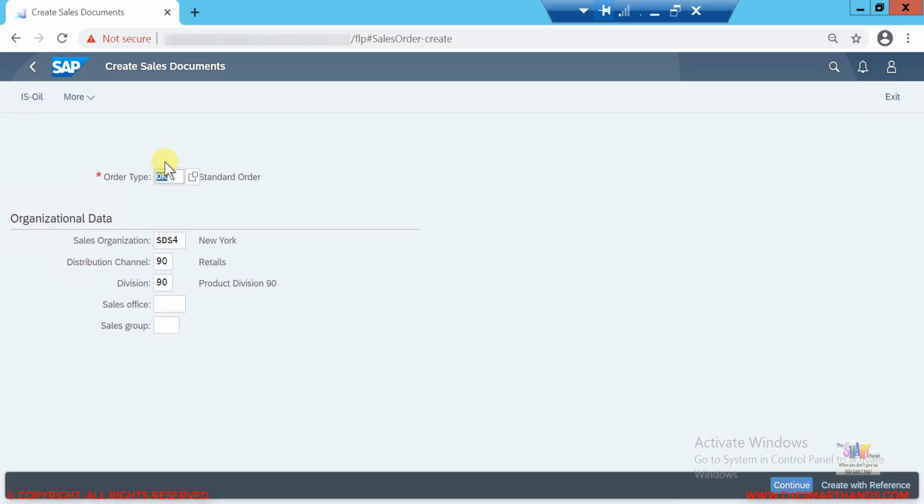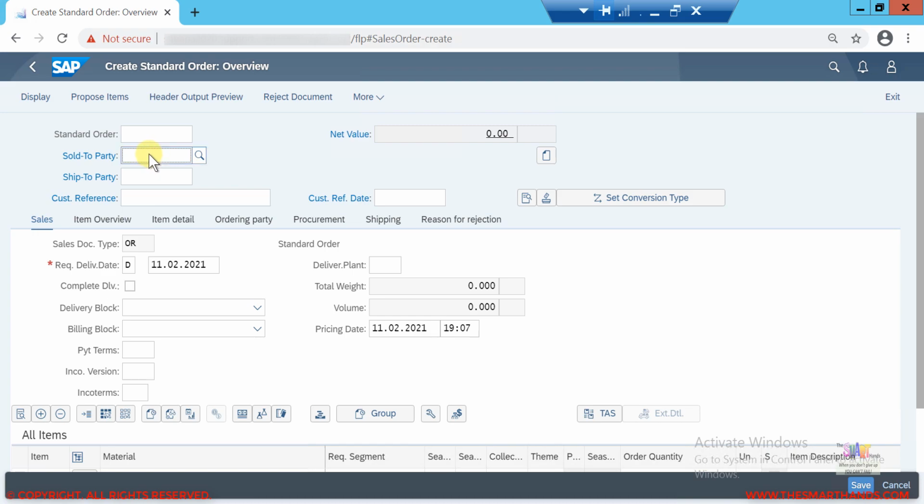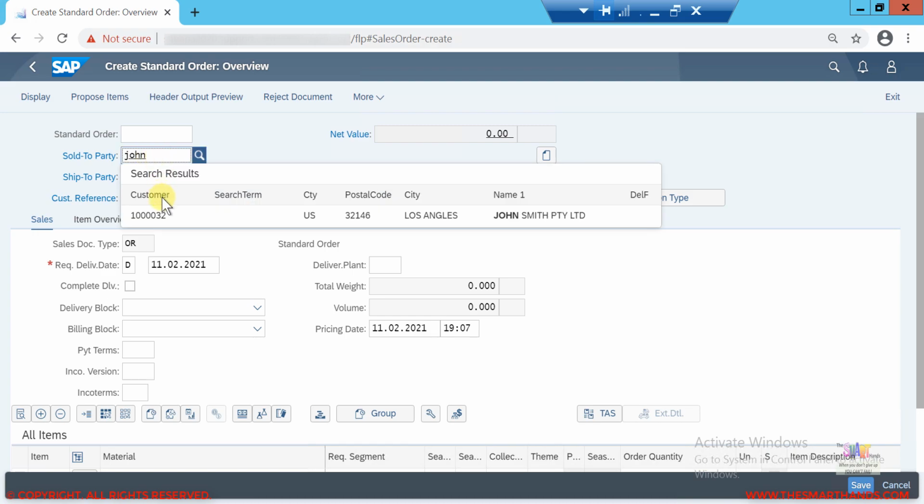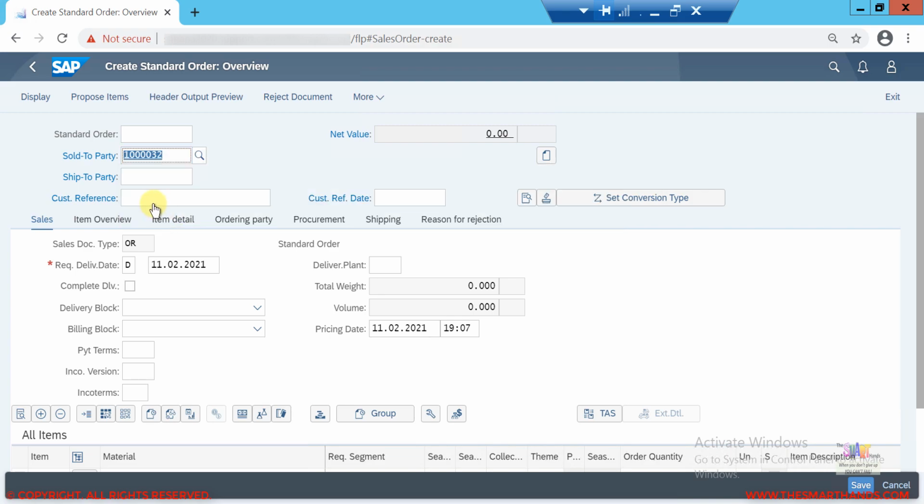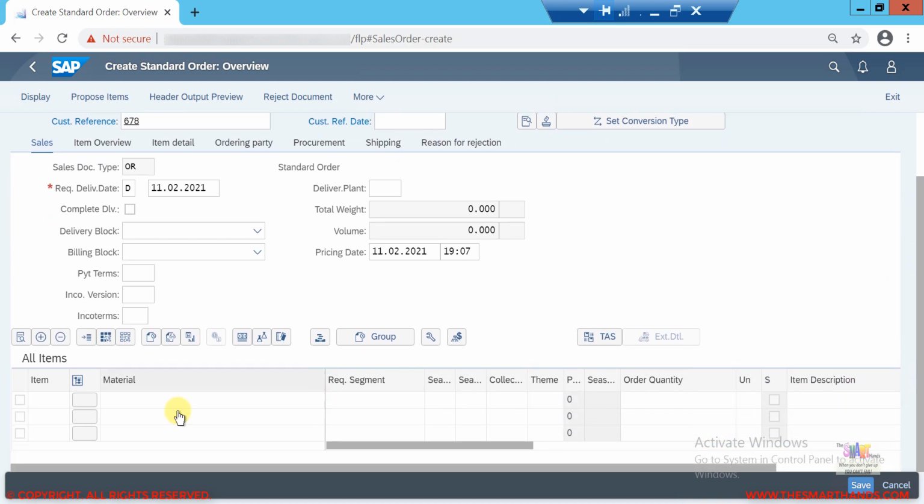This screen, again, you can see is very much similar to what you can see in the GUI. So enter your order type, sales area, and click on continue at the bottom right. Same thing, exactly the same thing that we have seen before. I can enter my customer and the purchase order number. I can type a number here, for example, and then I can scroll down, and here I can